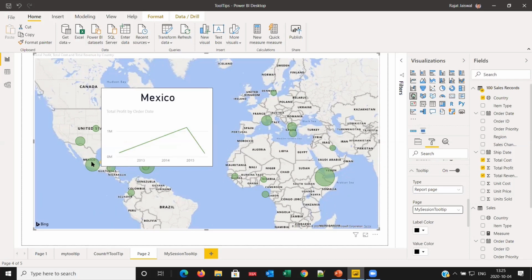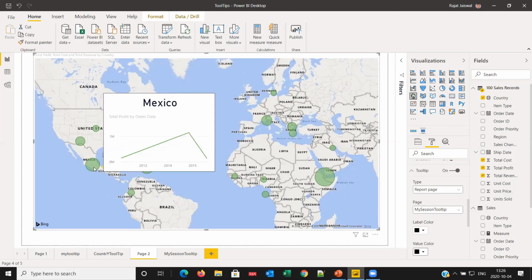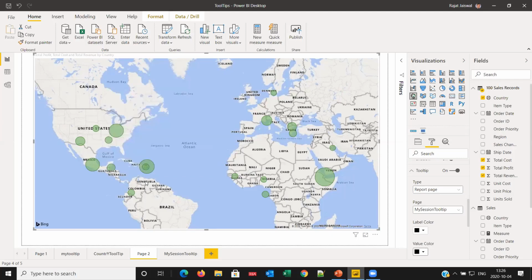The tooltip is showing the Mexico tooltip, and the end user can easily find that in the initial starting time till 2014-15 it rose, and then suddenly it's going down, so there would be some issue. Similarly, here we do not have much data.